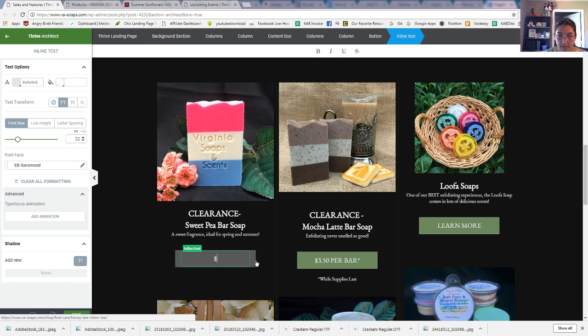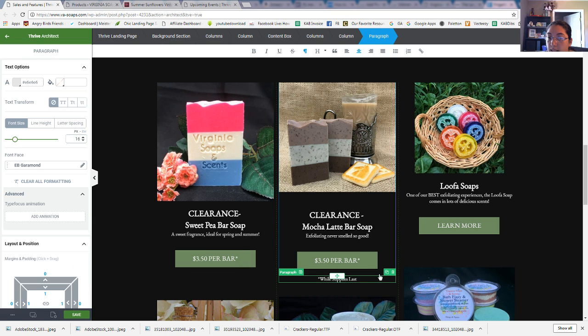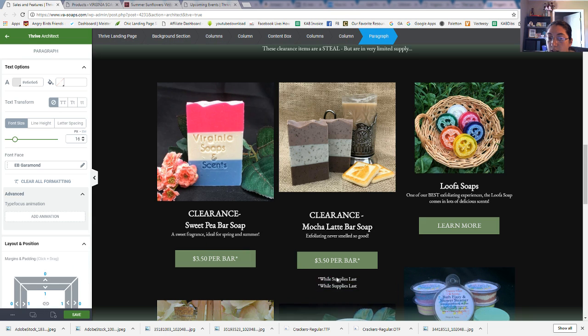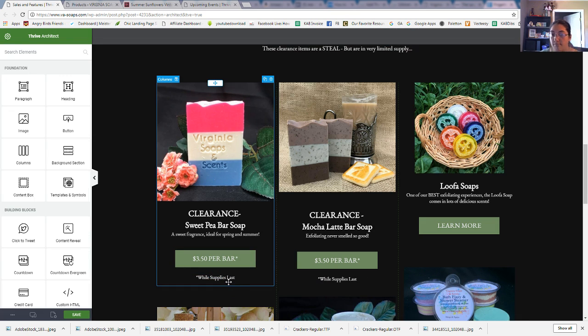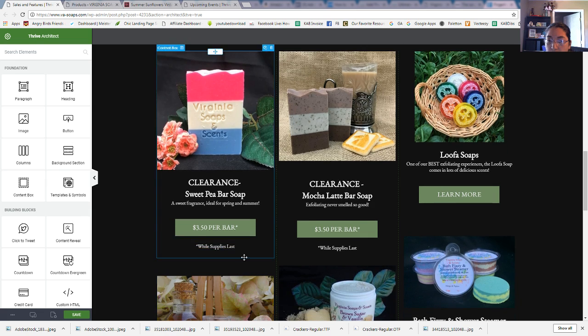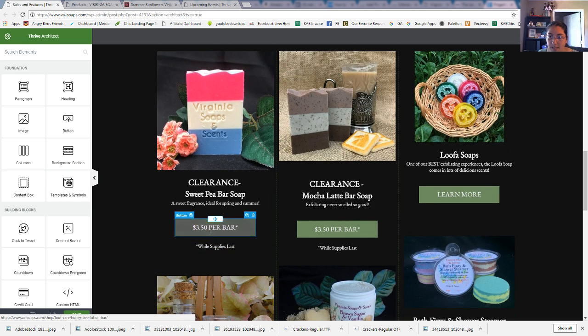again, that $3.50 per bar. And we'll pop this while supplies last thing over there as well. And again, below the button. See how easy it is to make this all work. Now, I'm thinking as I'm looking at this, I want this while supplies last a little bit closer to this